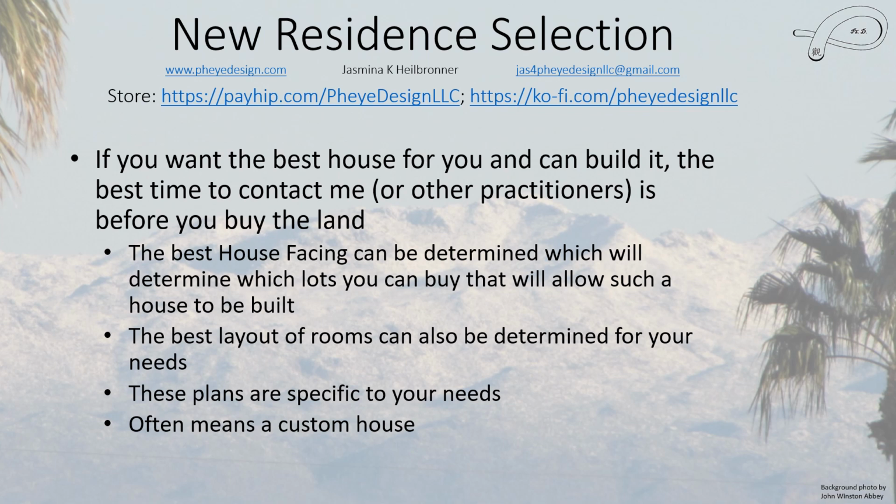So I can tell you where to put all the rooms and all that kind of stuff, but usually it requires somebody local to finish the plans to meet your local code, and to be able to interact directly with the people who do building permits. Now, some places are lucky they don't have to do all this, but